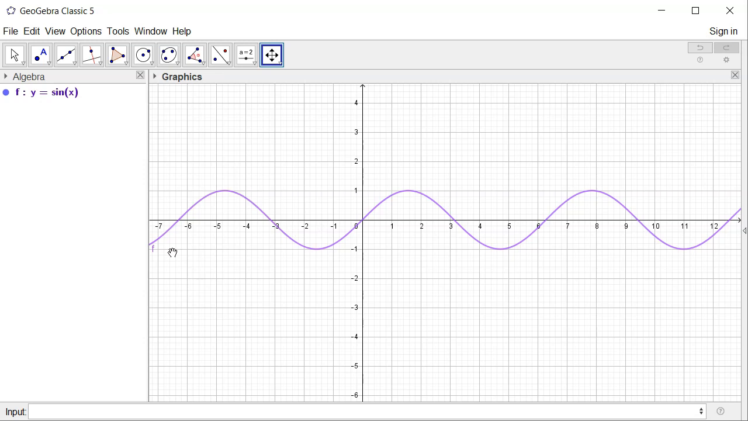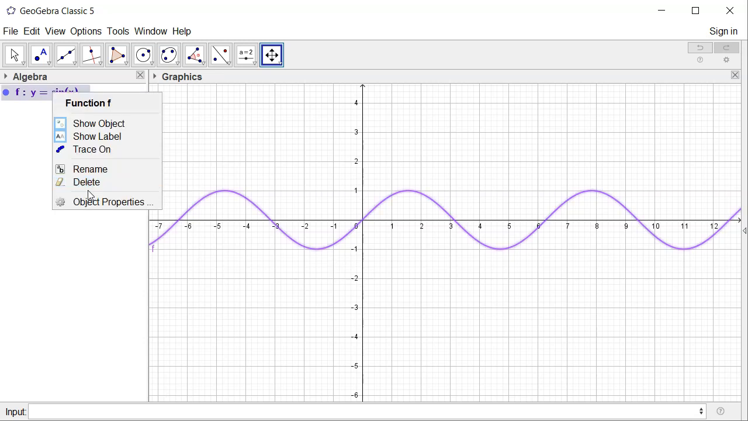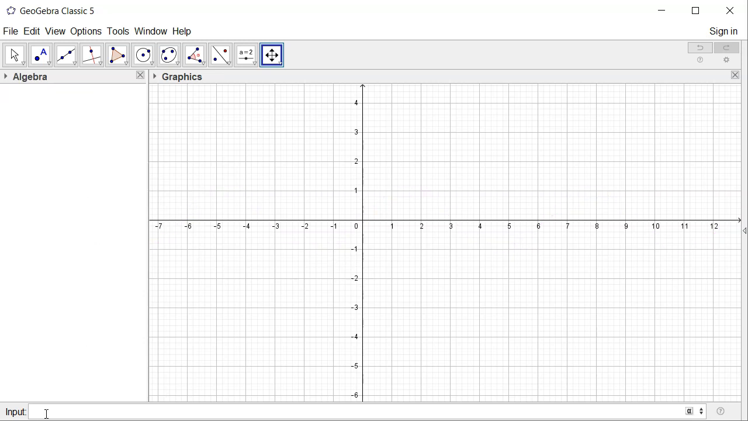So what we're going to do is chop off the parts that make this not one-to-one. We're going to only look at a section of it. For example, I'm going to just get rid of this one. We're going to put a restriction on the domain. We're going to only consider between negative pi over 2